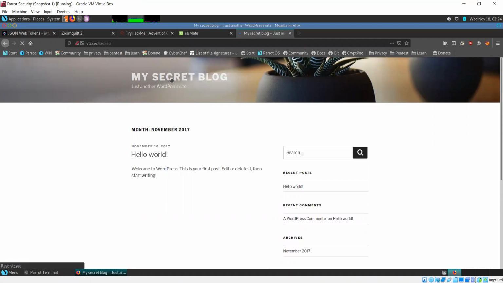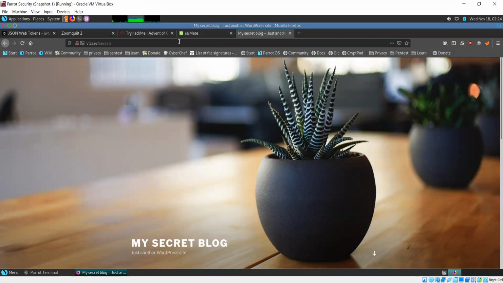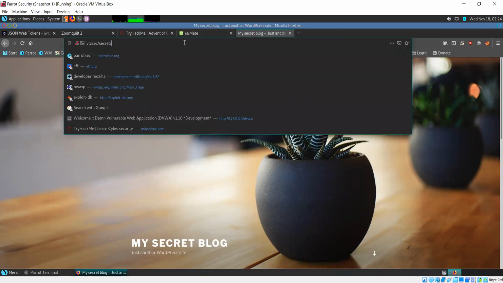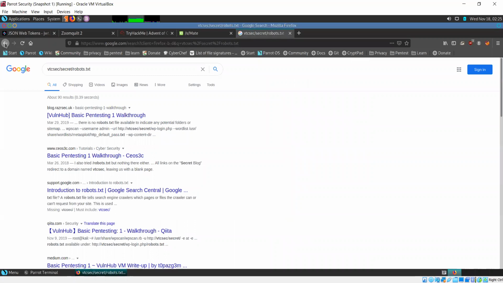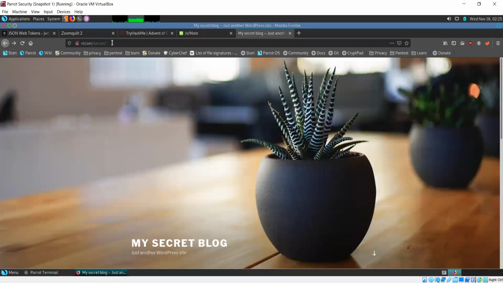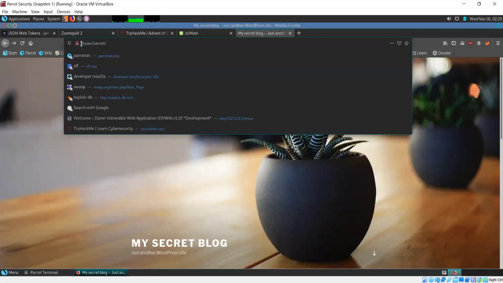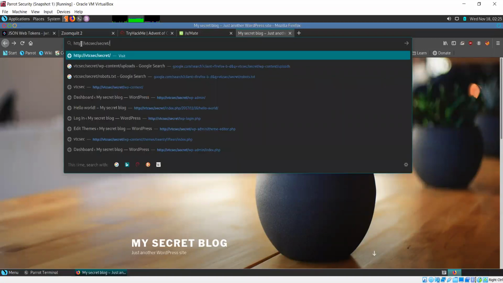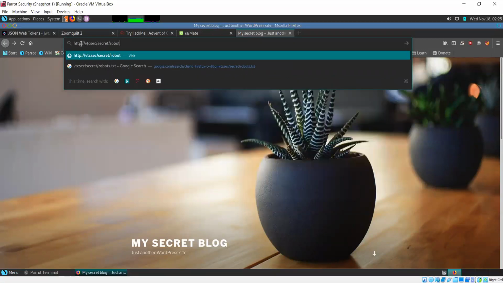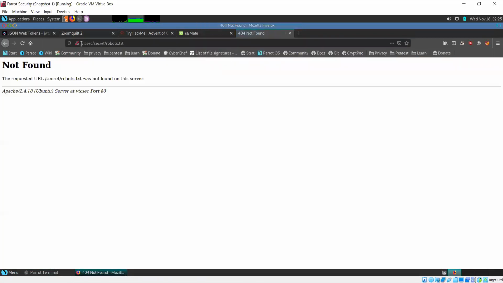Okay, now whenever you get a website as part of any kind of test that we do, it's always a good idea to check out the robots.txt file. Okay, so that file doesn't exist on this server. No problem. Are you aware of this file? No, sir. First time. First time? Okay, let me tell you what it is. Now, you know that Google and other search engines index all the websites that they can find.